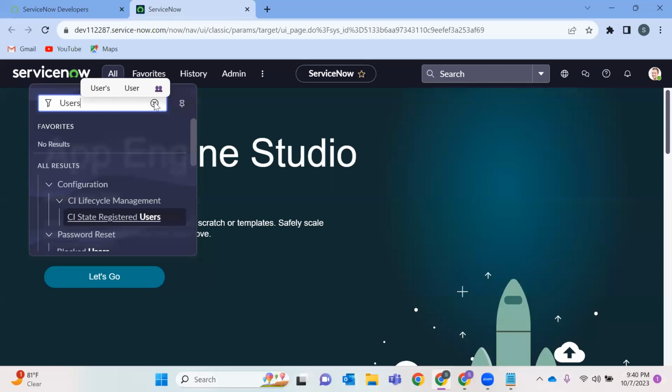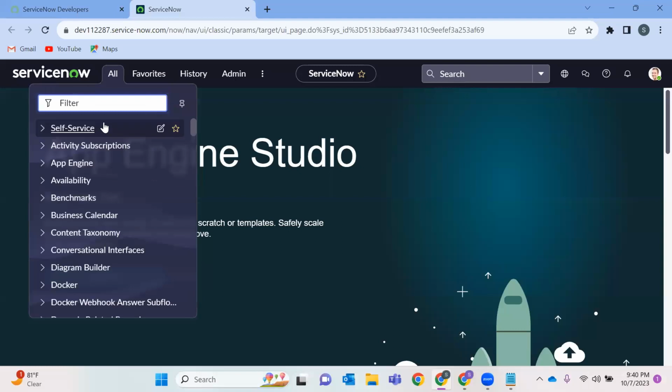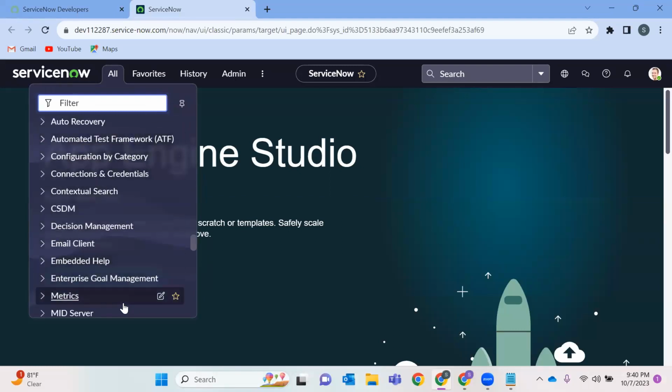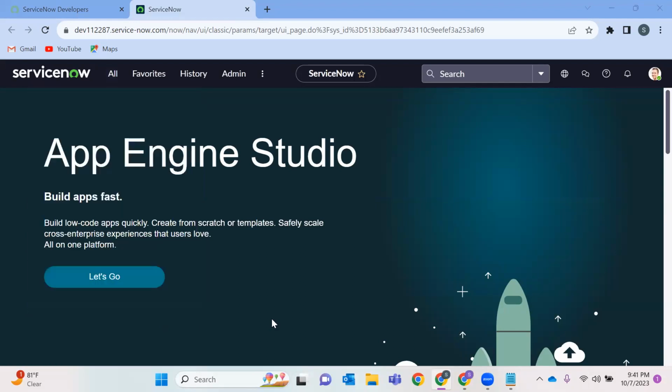But when I search on my admin, I can see many applications. These are all out of the box, guys. What is meant by out of the box? Someone can help me, please? Like Niharika, Kavita, Praveen. Out of the box means it is predefined, like when we get a fresh instance, it automatically appears.